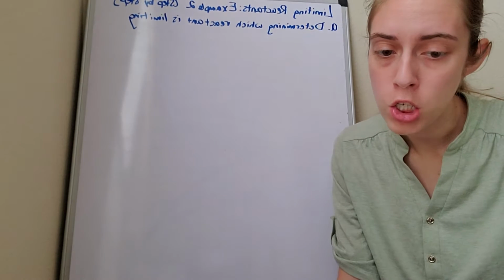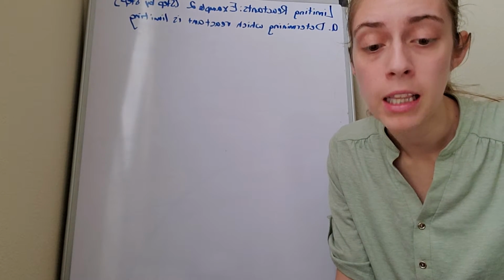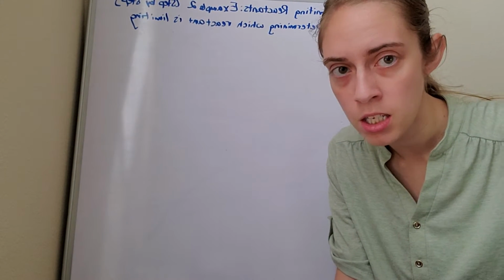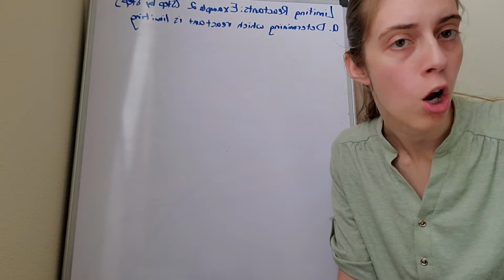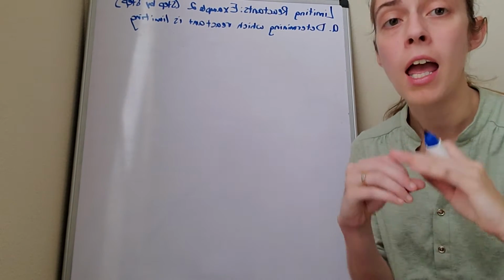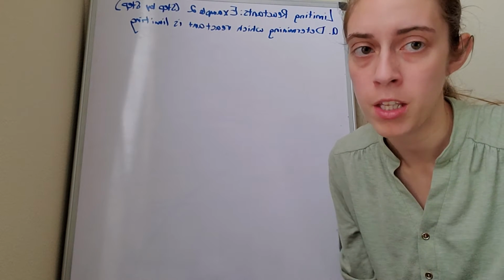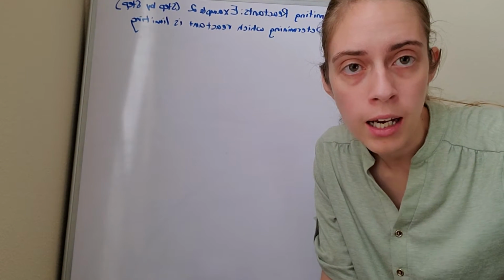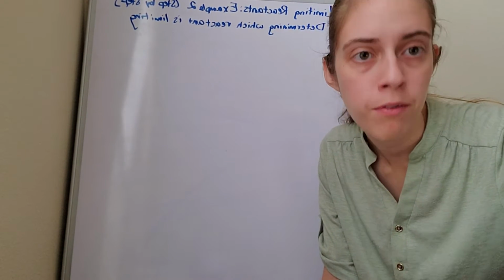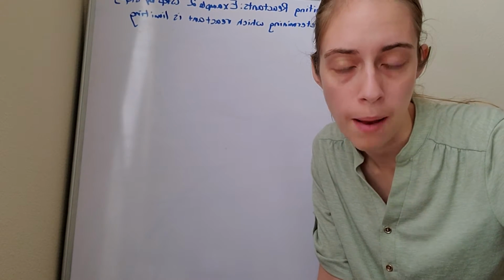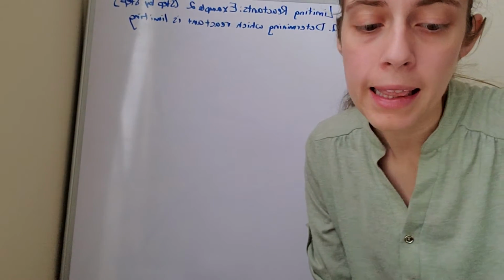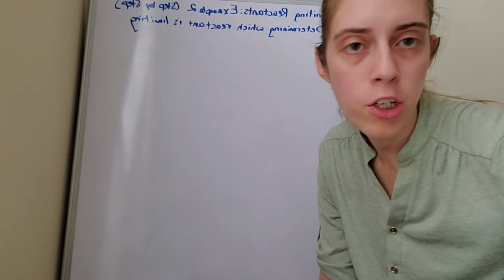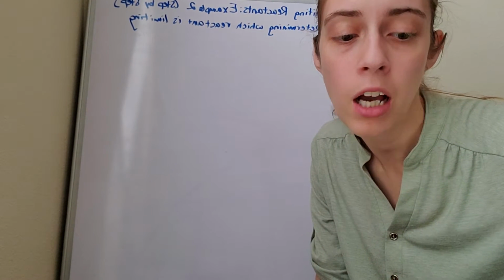So the first thing that we're going to do is I'm going to talk you through how to determine the limiting reactant if you're given the masses of the reactants. Okay, that's all we're going to do. We're just going to talk about how to determine which one's the limiting reactant. This is going to be step A or step 1 to each one of the 2 problems that I'm having you work through today. Okay, so let's say we've got the reaction between solid white phosphorus and oxygen,